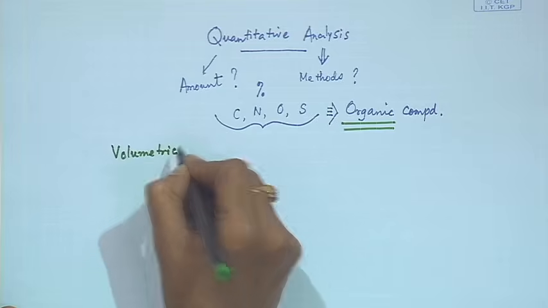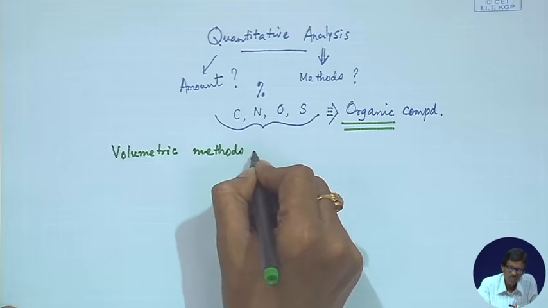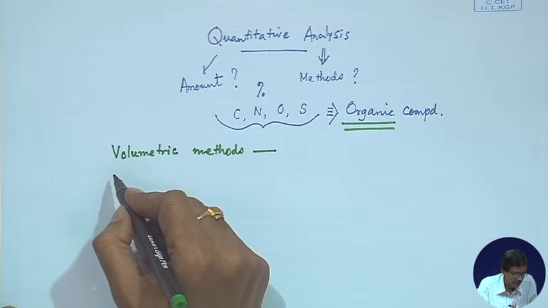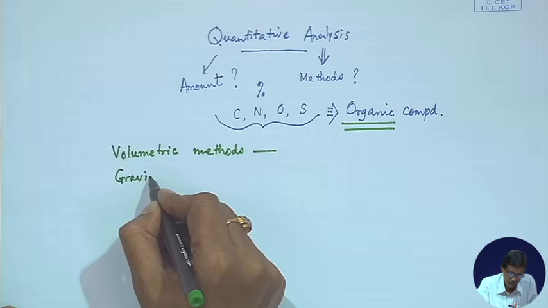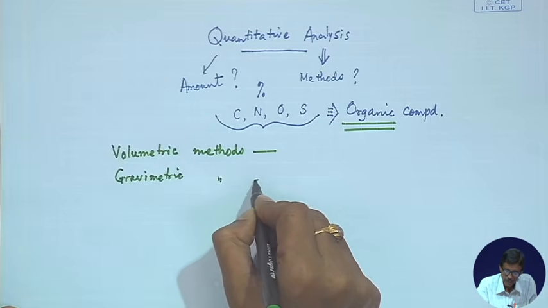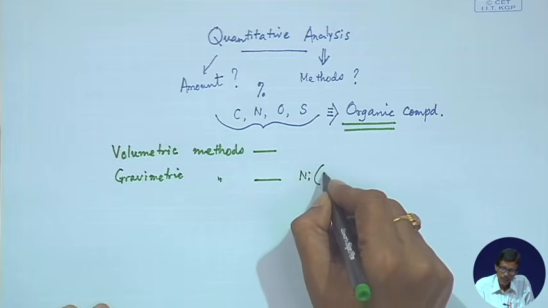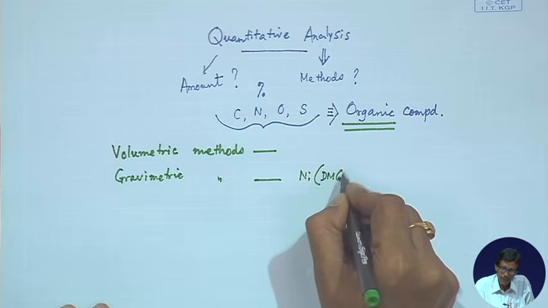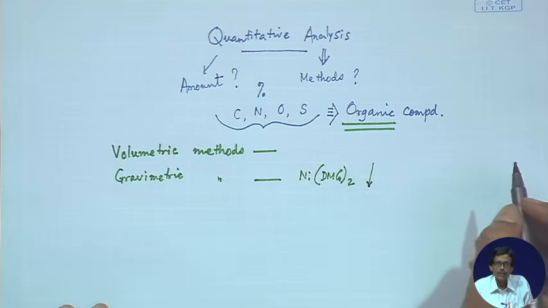volumetric methods, and then we can have the gravimetric methods. Just now, as I told you, that we can have the nickel DMG complex, which is precipitating out from